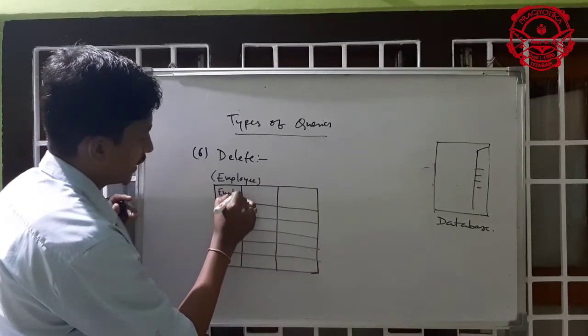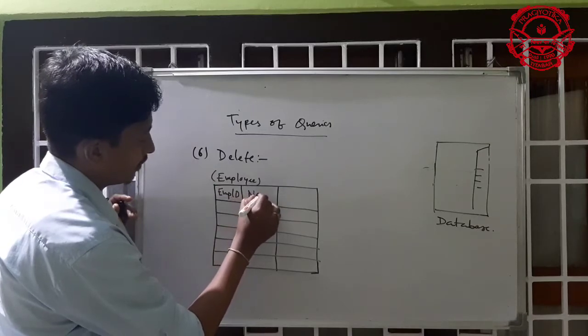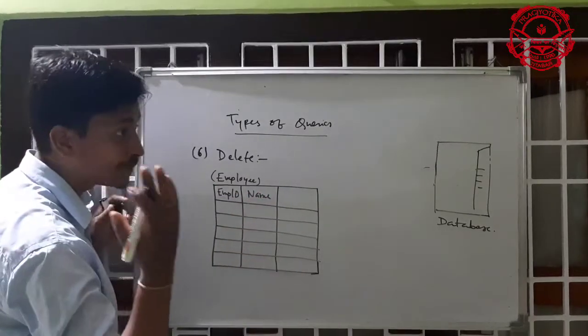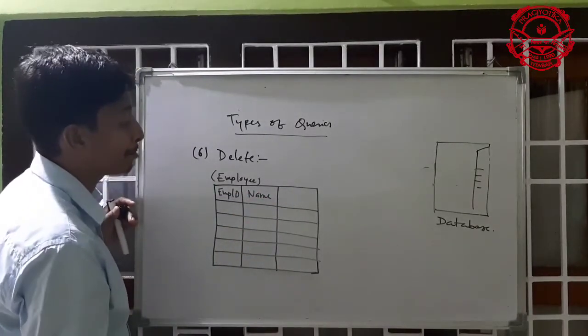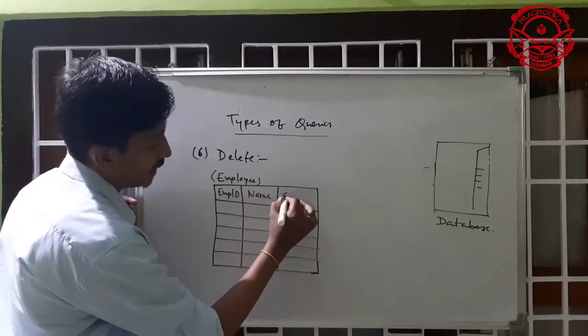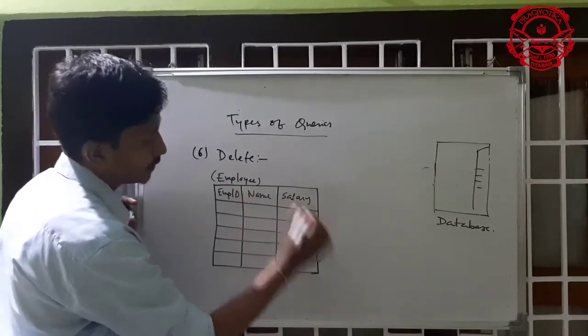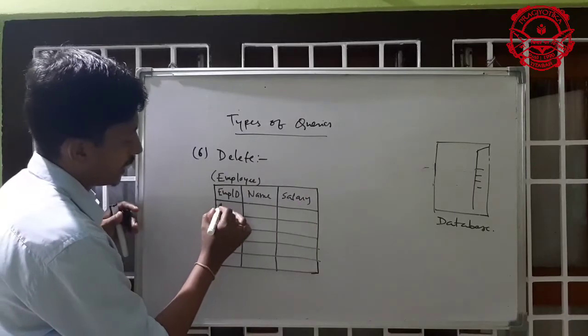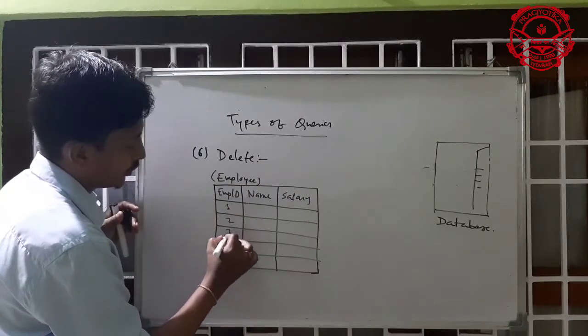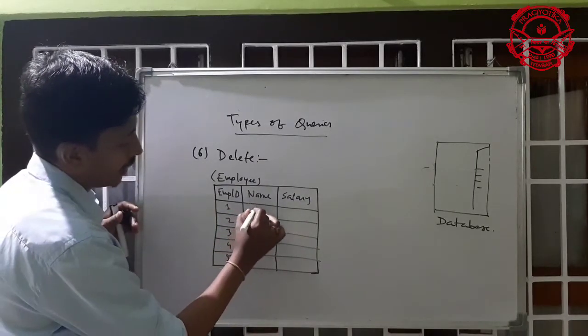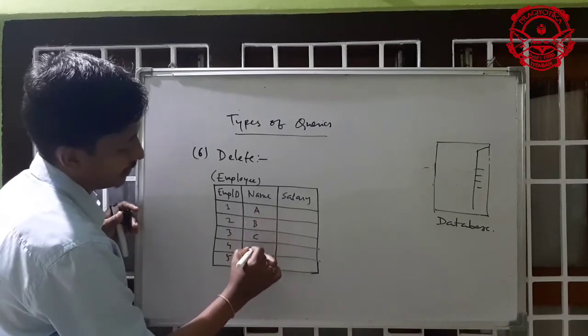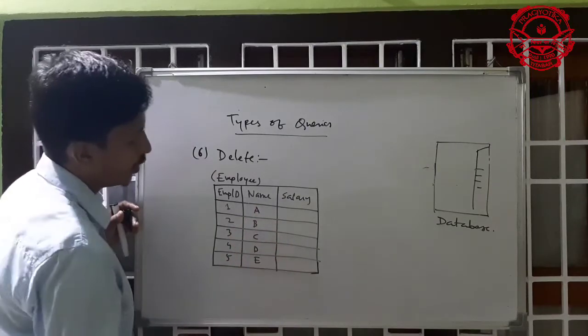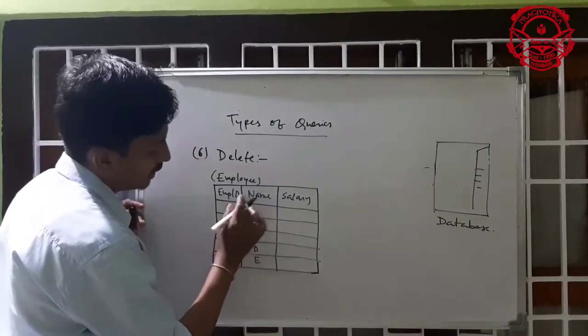EMP ID, name, and say salary. Now see EMP 1, 2, 3, 4, 5. Name say ABCD. Okay, not ABCD, basically